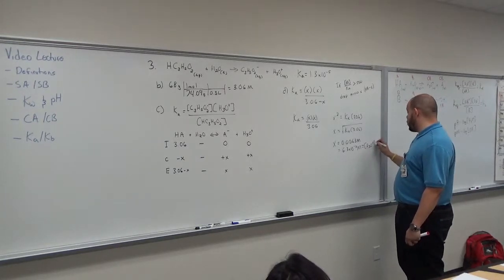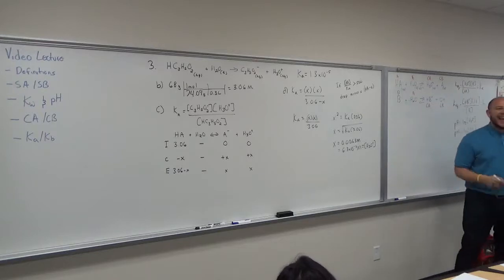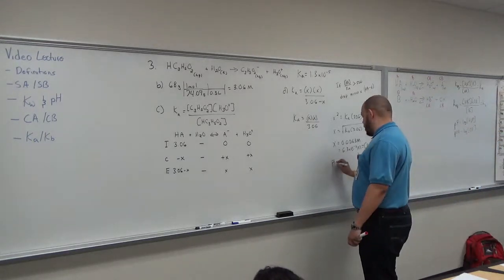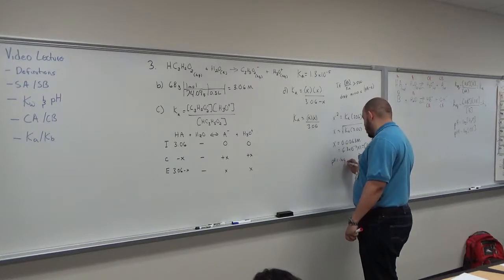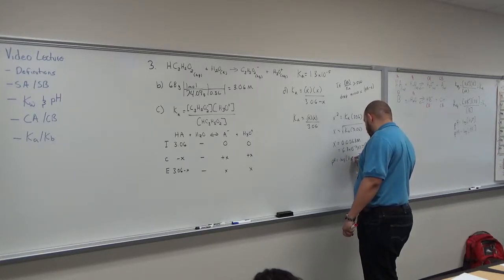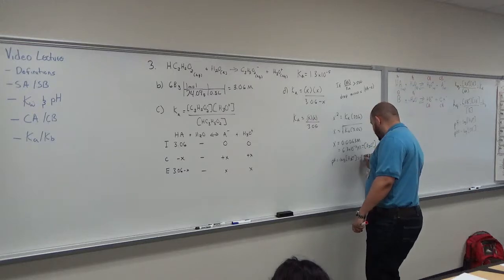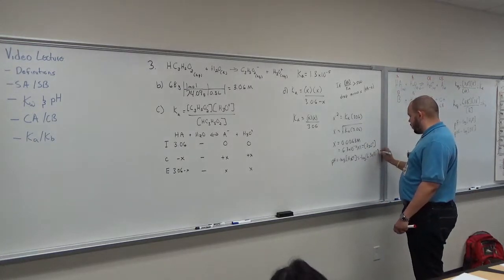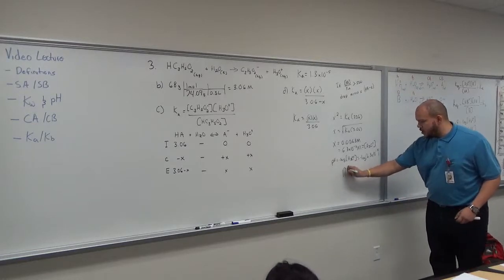So X is going to be equal to H3O plus, and if we know our pH equation, pH is equal to negative log of hydronium, which is equal to negative log of 6.3 times 10 to the negative 3,